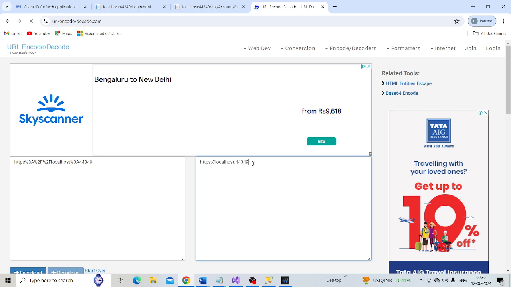So this is our redirection URI, http://localhost:44349. Now in our case, we actually want the user to be redirected to our login.html page after he is successfully authenticated by Google. So I'm going to specify this as the redirection URL.